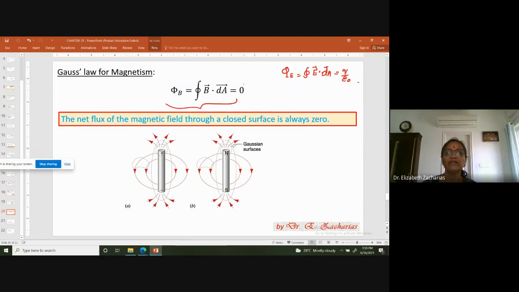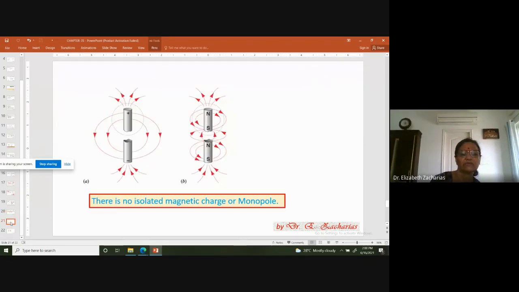You get right hand side 0 because for the Gaussian surface, the number of field lines entering will be the same as the number of field lines exiting. That is because magnetic monopoles do not exist. Every line starting has to end in itself. Magnetic field lines always form closed loops. So if I take some Gaussian surface like this, I find a certain number of lines cutting out. That will be equal to the number of lines cutting in. Therefore, the right-hand side has to be 0. This is what we have been telling from the last 2 classes.